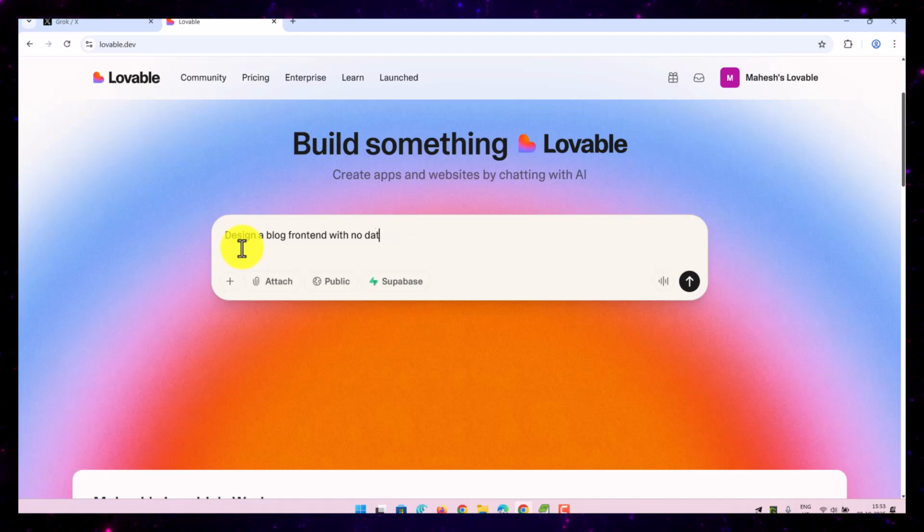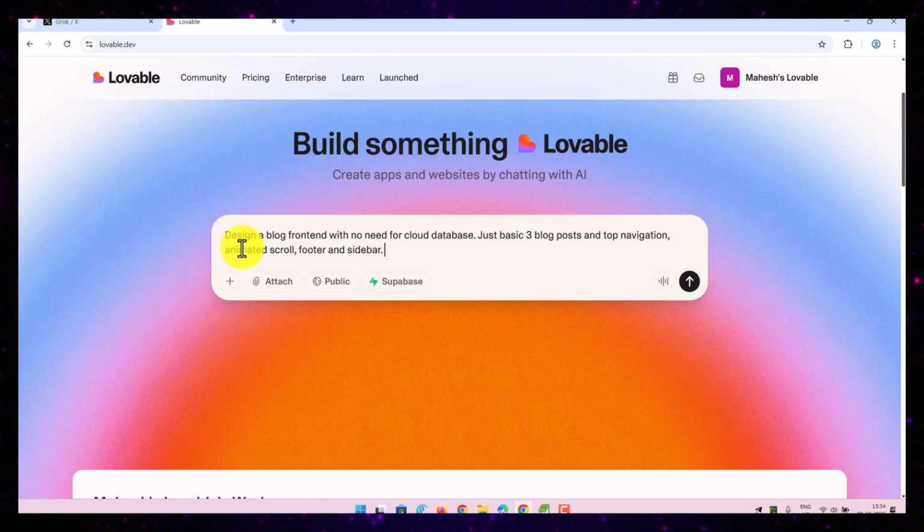Or let's see something like, for cloud database, just basic 3 blog posts and top navigation, animated scroll, right, footer